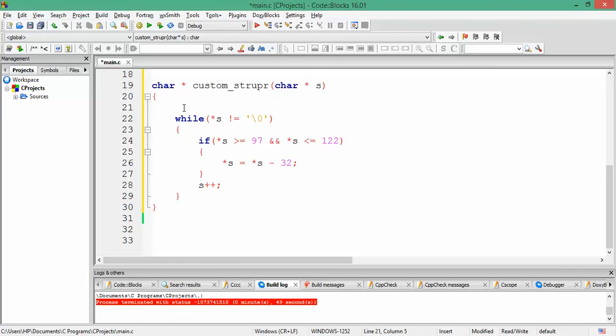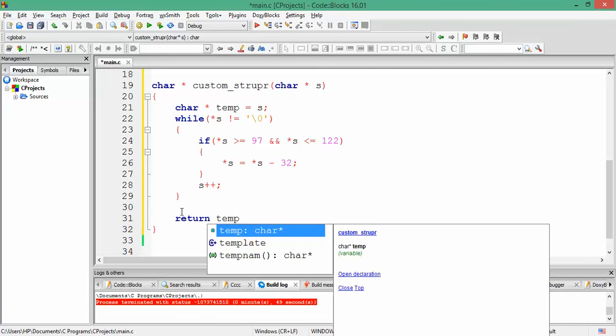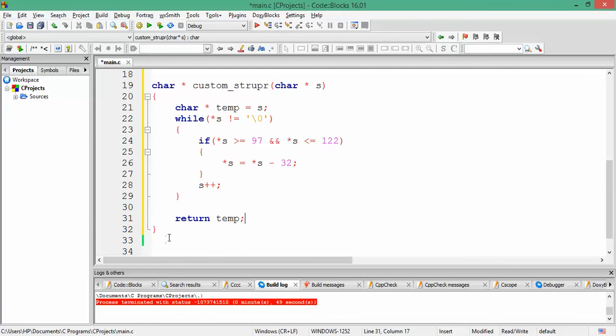For that, before the beginning of the loop, we are going to store it in a temporary variable, and we are not going to modify this character pointer anywhere, and at the end we are just going to return this address.